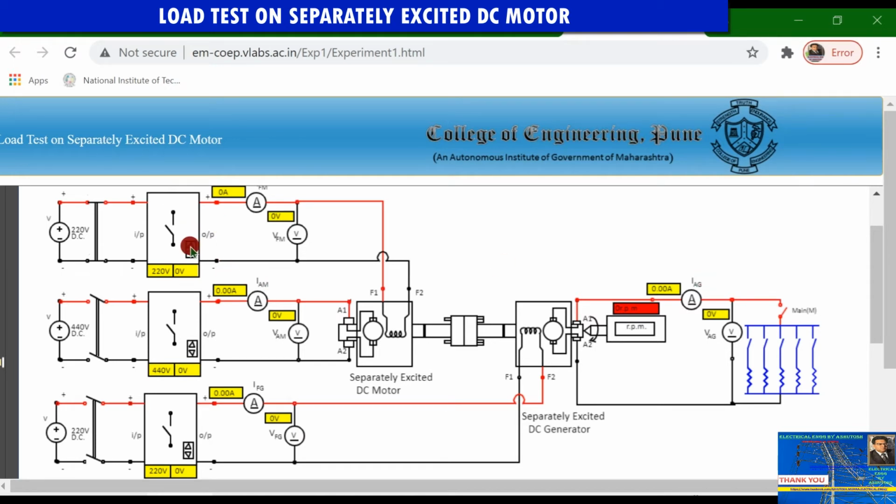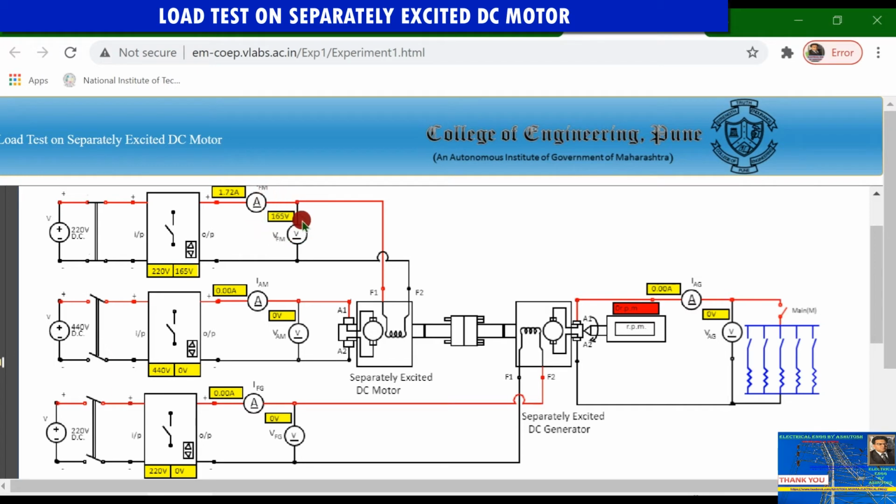Click on this and the voltmeter will read the voltage and the ammeter will read the field current. So you can increase the voltage by clicking on it. I am clicking on this device and it is increasing, and you have to increase the voltage level until 220 volt is reached.